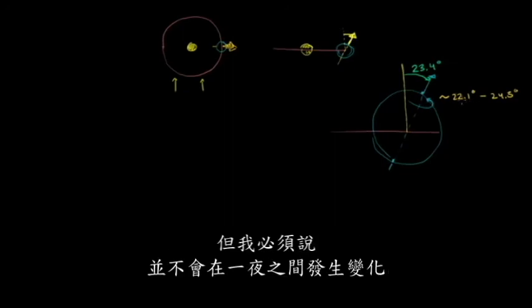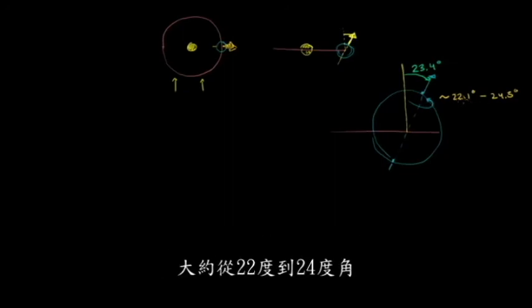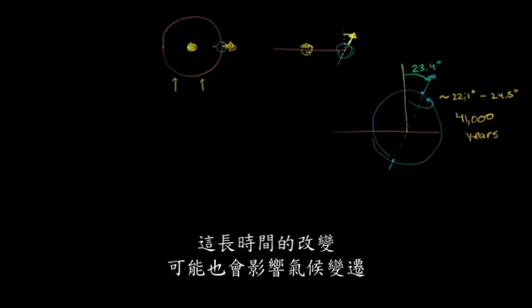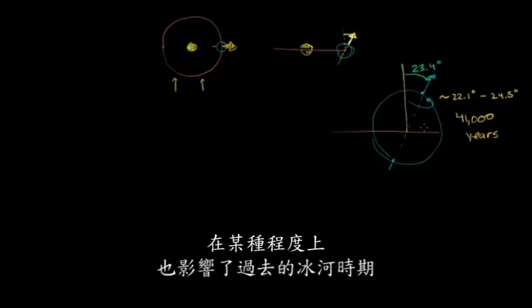But I want to make it clear, this is not happening overnight. The period for it to go from roughly a 22-degree angle to a 24.5-degree angle and back to a 22-degree angle is 41,000 years. And this long-term change in the tilt might play into some of the long-term climatic change. Maybe it might contribute on some level to some of the ice ages that have formed over